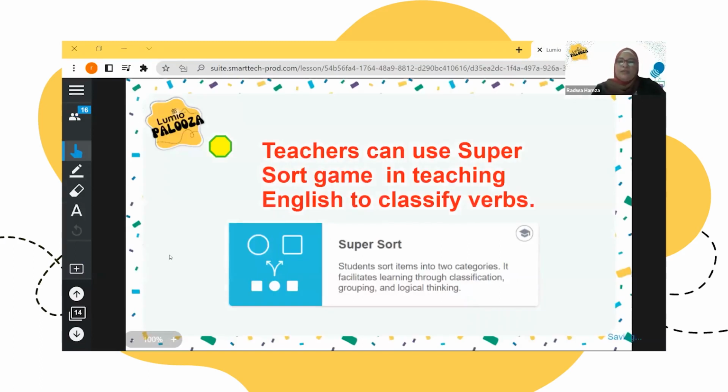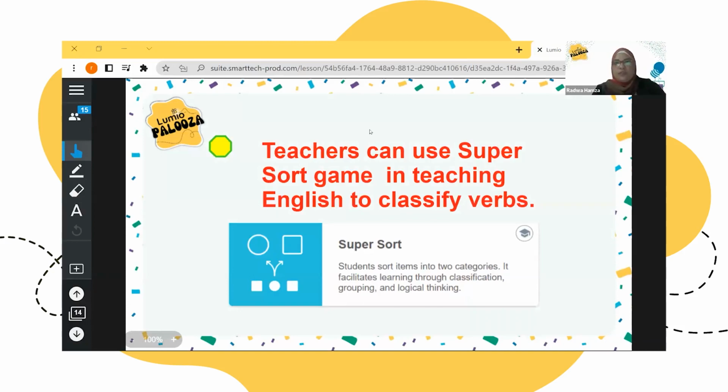Here, another amazing activity in the game-based activities in Lumio is Super Sort. Teachers can use the Super Sort game in teaching English to classify verbs. You know, English teachers have the lesson of verbs.